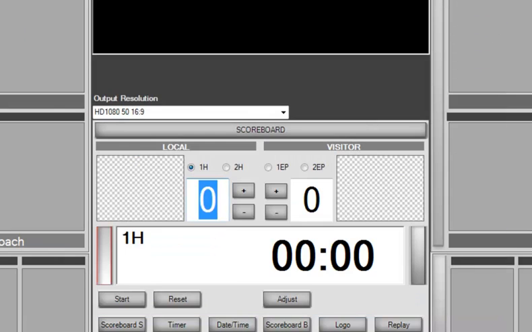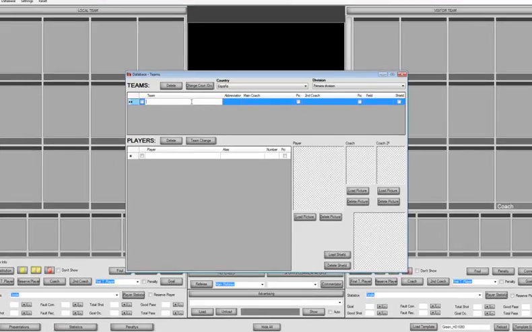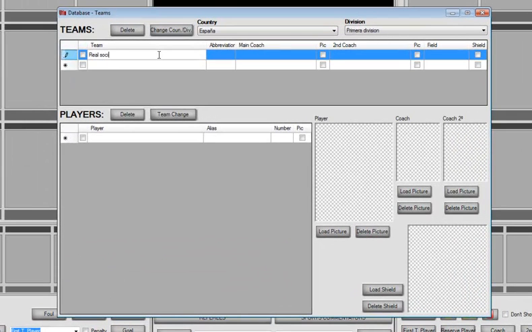Team names, players. From this menu you add the different team names and players, selecting the countries already included in the database and divisions. This data structure is very powerful. It allows the substitution of players to different team names, as if switching to another team. Example: if a player is bought by another team, from this panel you can change the player's team without